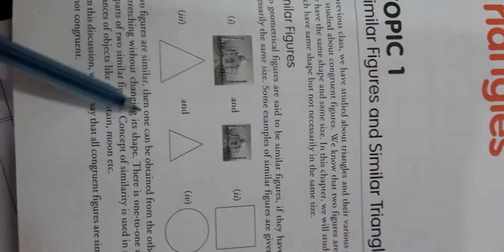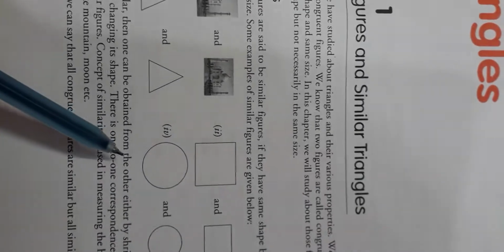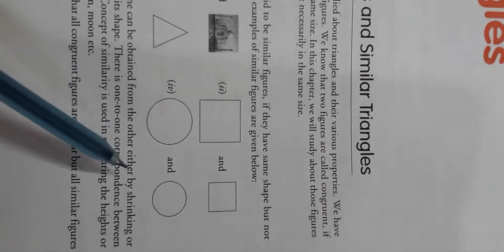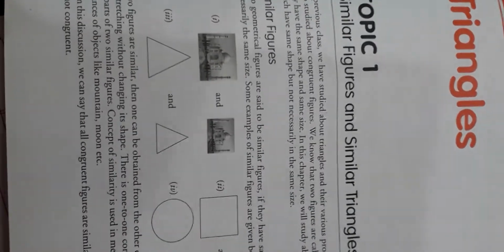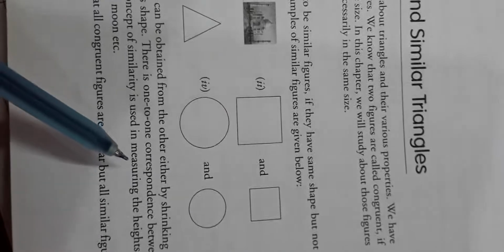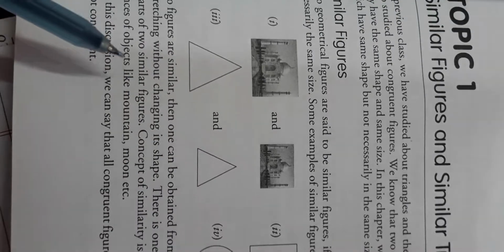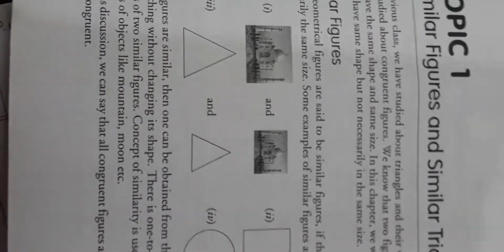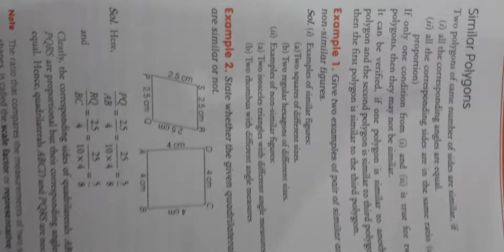So if two figures are similar, then one can be obtained from the other either by shrinking or stretching without changing the shape. There is a one-to-one correspondence between the parts of two similar figures. The concept of similarity is used in measuring the height or distances of objects like mountains, the moon, etc. So we can say that